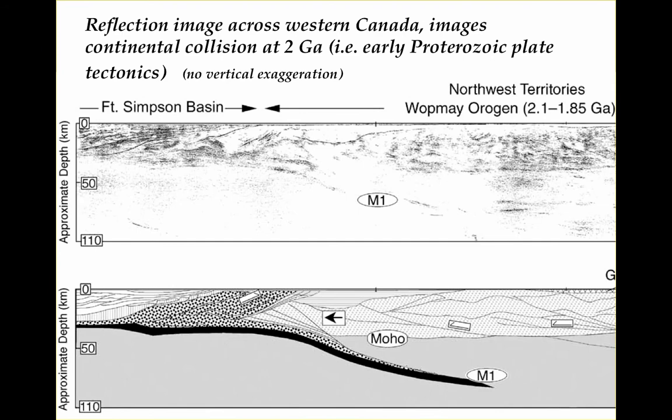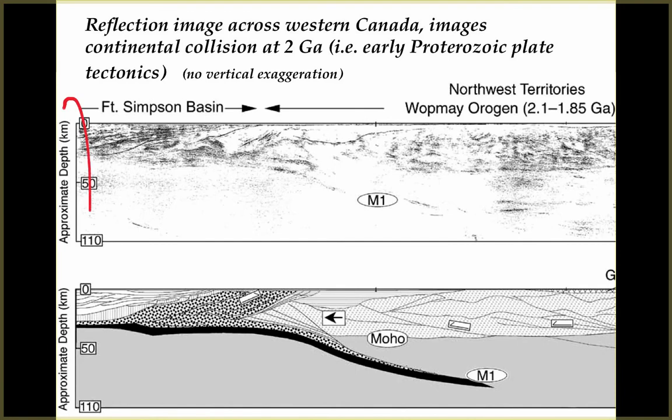Here's one of the more dramatic reflection images that has been collected, an image across northwestern Canada. This section is about true scale. It goes down 100 kilometers into the Earth, and so spans 500 kilometers from west to east. It's really very easy to see the Moho, the base of the crust, on these sections,